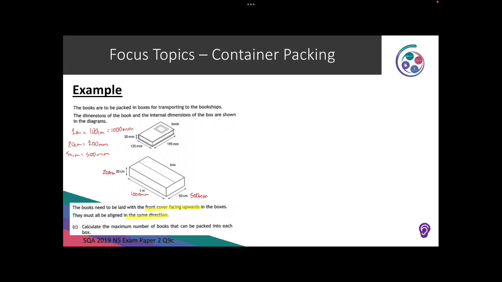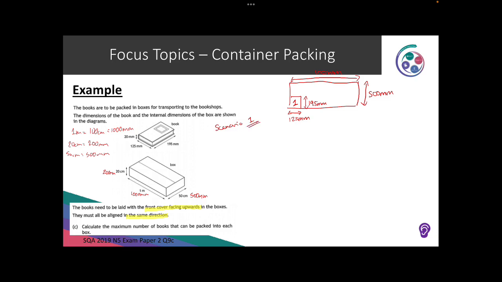So I'm going to imagine my box facing down. And if I place a book in the bottom left hand corner here, where that measurement is 125 millimetres, and this measurement here is 195 millimetres, where the box is 1,000 millimetres by 500 millimetres. Now this is what we're going to call scenario 1. So in scenario 1,